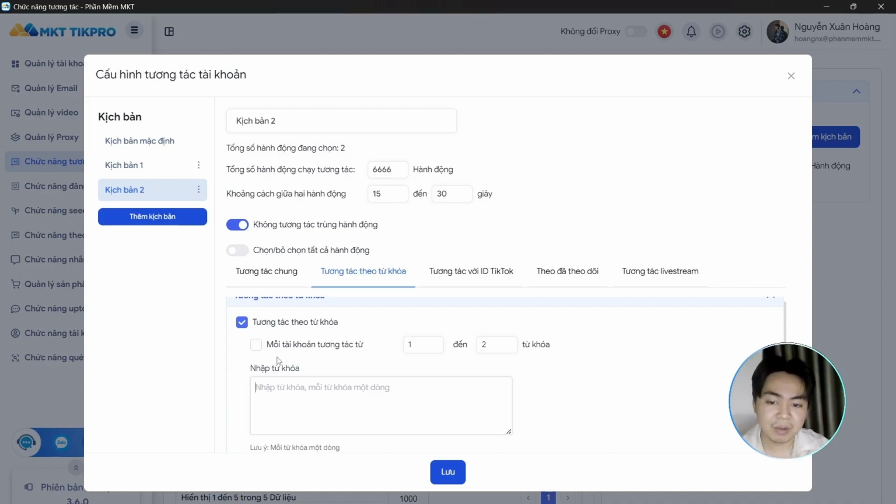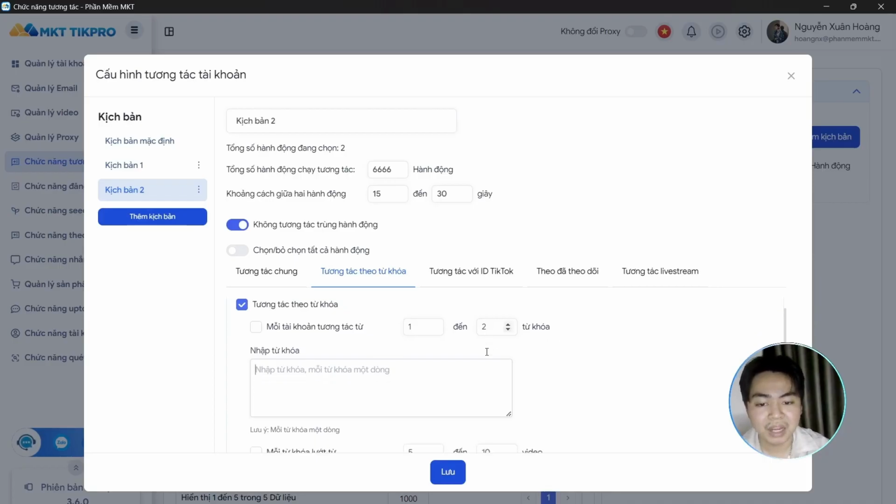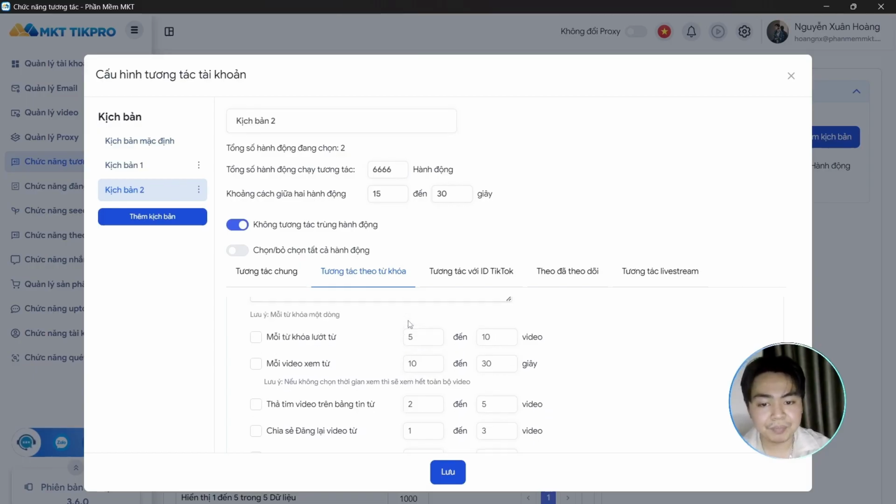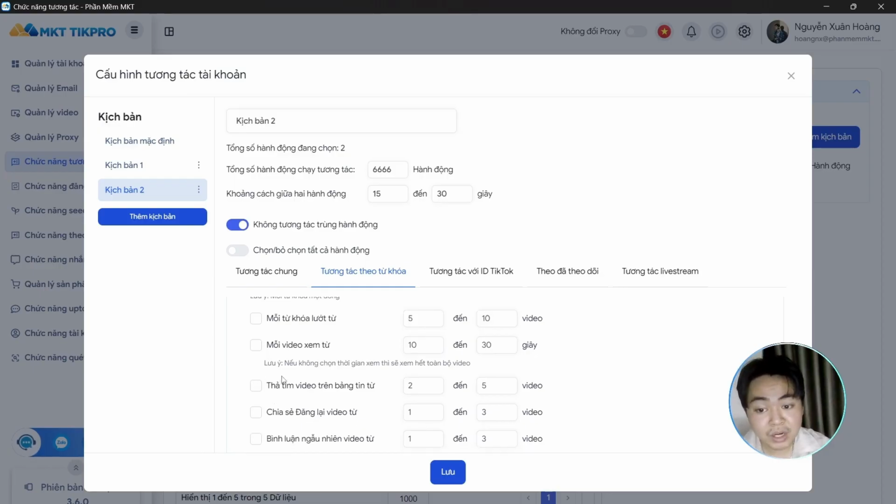Next is keyword-based interaction. This feature is extremely important. You can enter niche-related keywords here. For example, if your niche is home appliances, you can enter keywords related to home appliances. The software will automatically search for videos containing those keywords and interact with them. You can also customize how many keywords each account interacts with, how many videos are watched per keyword, and the watch duration per video. I recommend setting the watch time between 15 to 30 seconds, or around 15 to 40 seconds for the most